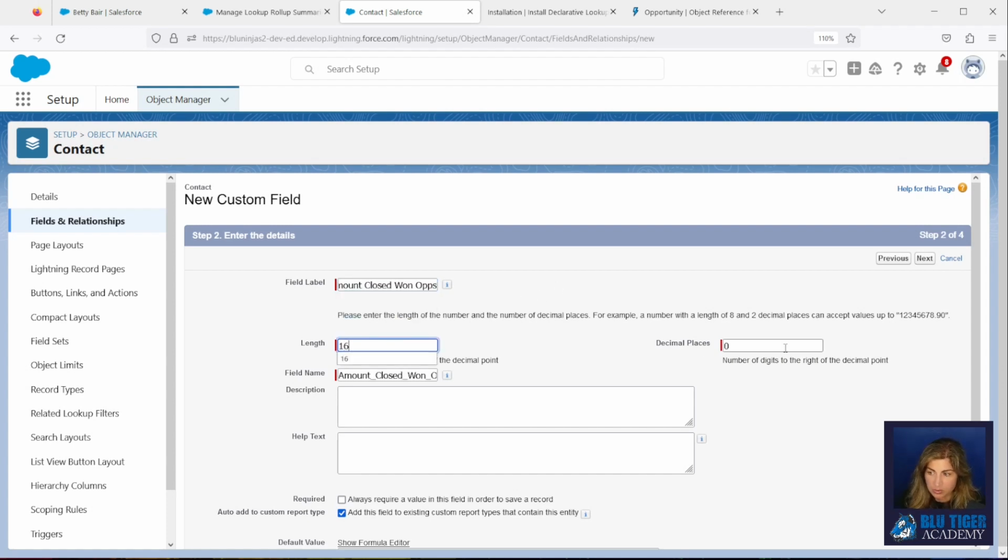And we're going to give it 2 decimals. And so this field is updated by DLRS and is the roll up of the amount from the ops related to this contact via the contact role.